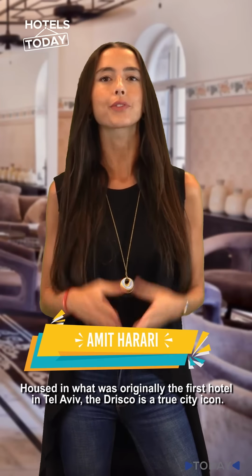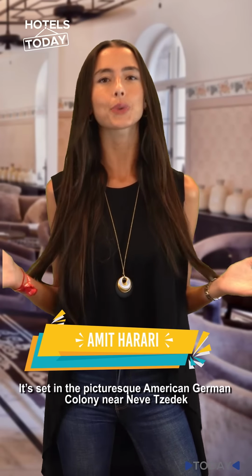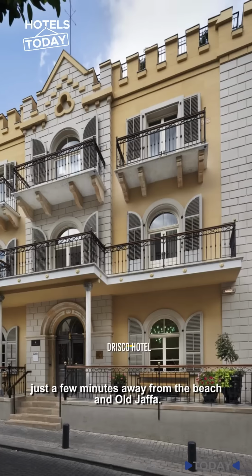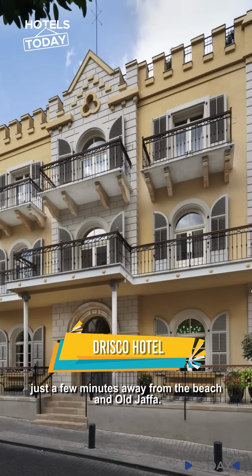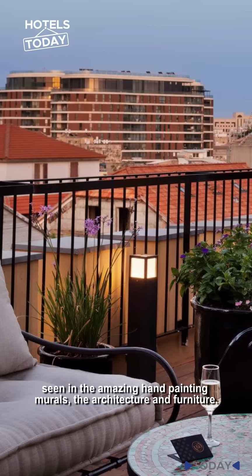Hassan was originally the first hotel in Tel Aviv. The Drisco is a true city icon. It's set in the picturesque American-German colony near Neve Tzedek and is just a few minutes away from the beach and Old Jaffa. The city design is influenced mainly from an early Ottoman design, seen in the amazing hand-painting murals,